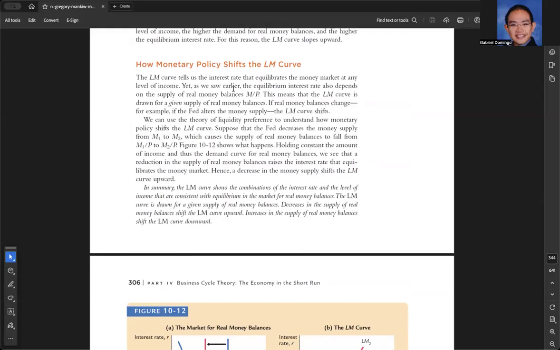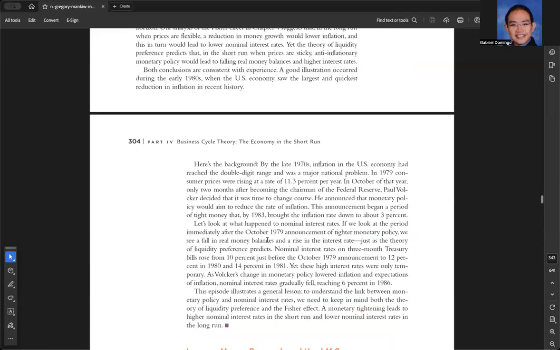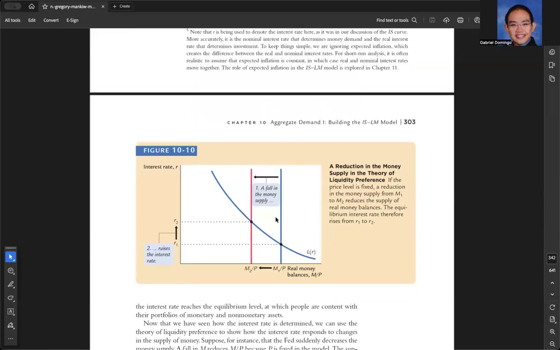So the LM curve tells us the interest rate that equilibrates the money market at any level of income. Yet, as we saw earlier, the equilibrium interest rate also depends on the supply of real money balances, M over P. That means the LM curve is drawn for a given supply of real money balances. If the real money balances change, it will shift the LM curve. So before we go to the picture below, we'll go to this earlier picture here. This picture has already shown, for instance,